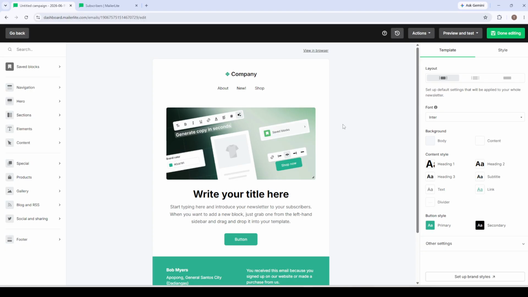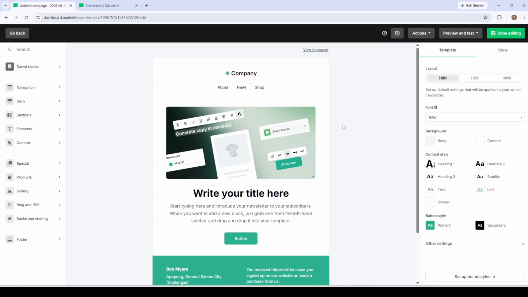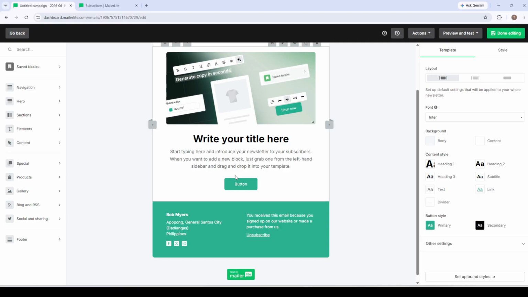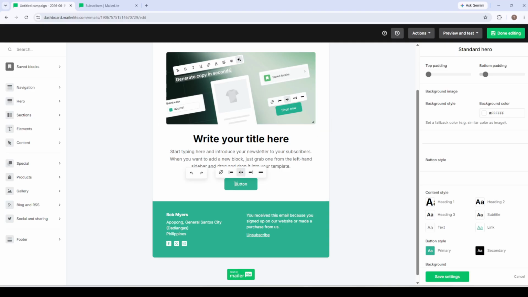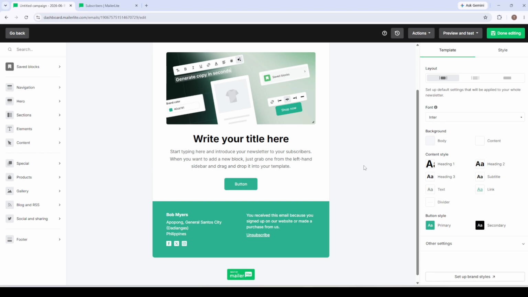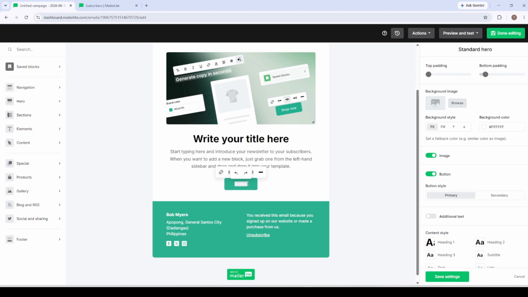One best practice I always follow is to use a single column layout. It's mobile responsive by default, and it ensures your email looks great on any device. A common pitfall I see beginners make is overcrowding the email with too many images or too much text. Instead, aim for a clear call to action, whether it's a button that says read more or shop now, and